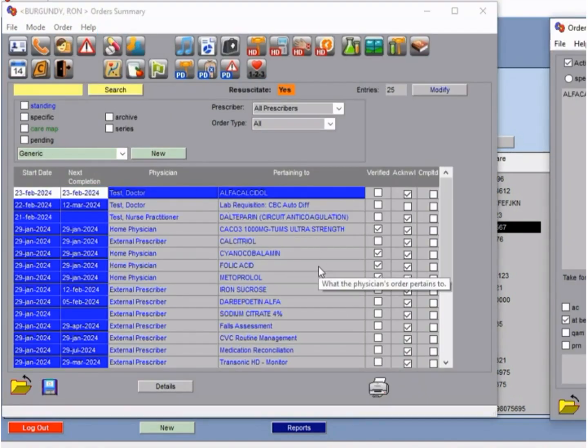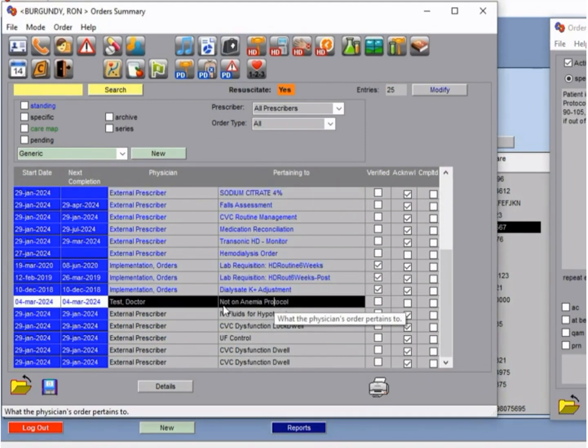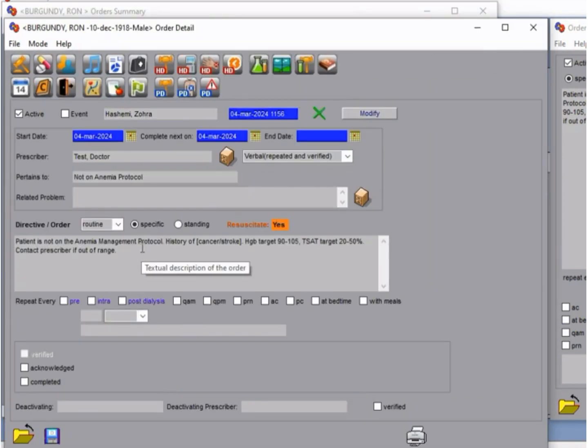And we're going to have to scroll a little bit here, but I see the order right there. So again, we can hit Details, and we'll see here that the target range for their hemoglobin is 90 to 105, and their TSAT target range is 20 to 50%. So again, if the patient's hemoglobin levels and TSAT percent is outside of these target ranges, then we have to